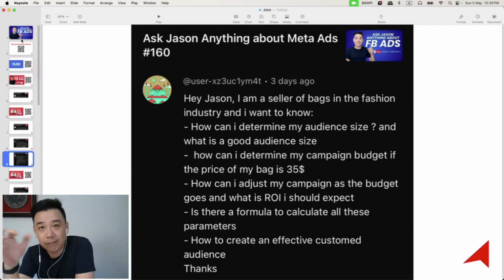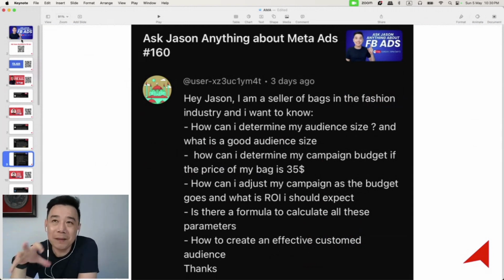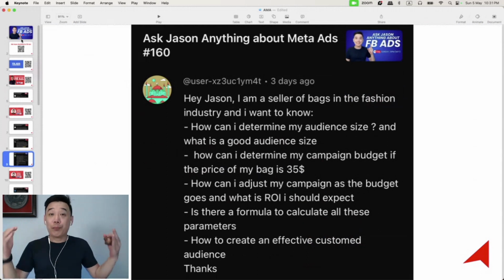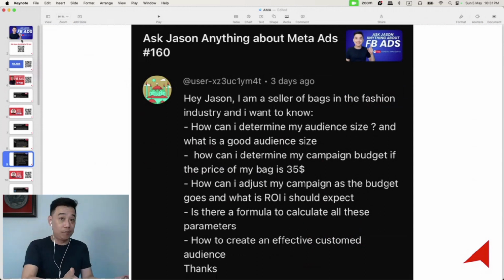Okay. So yes, I have the calculation, but optimization, like I said, is really not something that I can teach as a class. That's why I have to do this on a one-on-one basis, because first I have to build your dashboard, and I help you understand your dashboard, and I teach you how to analyze the numbers, and I teach you how to make decisions. Like, should we change creative? Should we tweak this? Should we tweak that? So it's a process instead of one class fits all. You get what I mean?